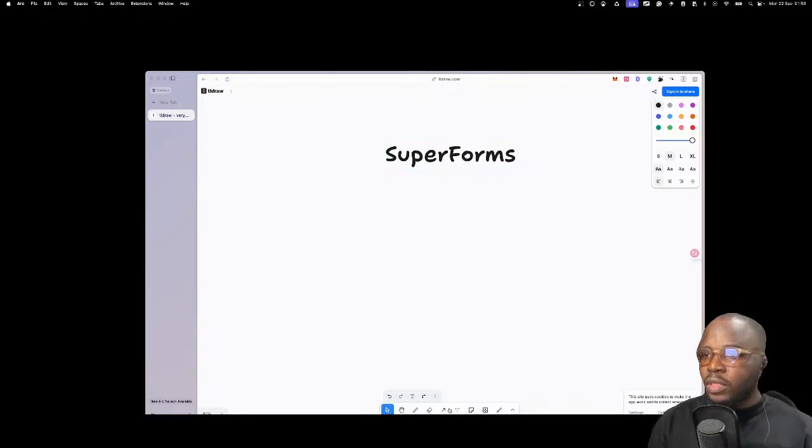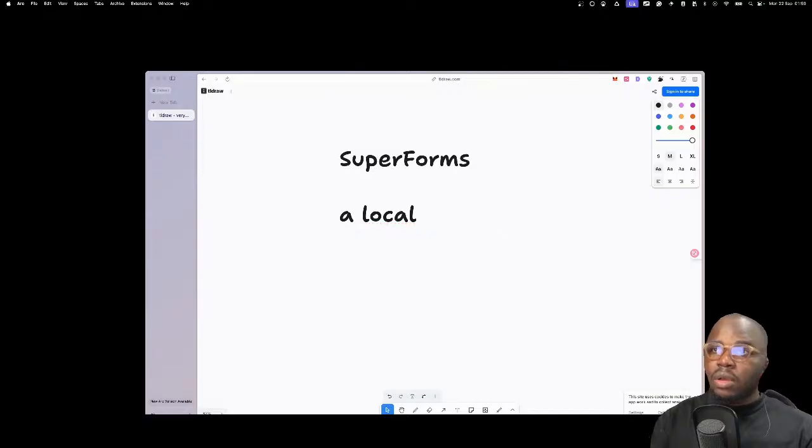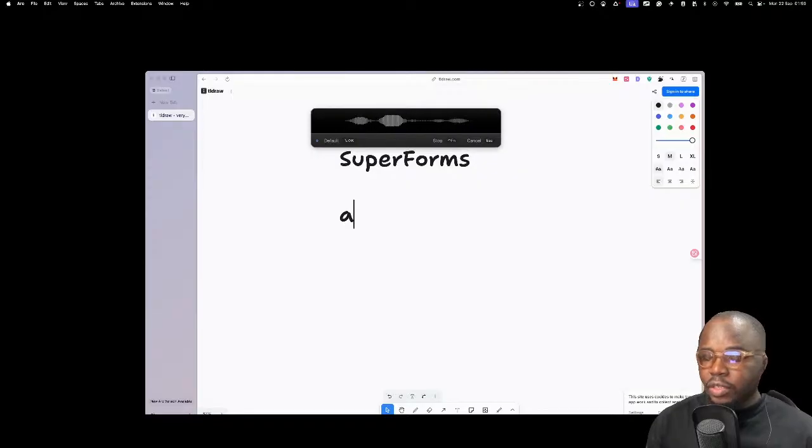We're going to call it super forms, and the idea is this will be a local DB, a local browser extension. Let me just write through my stuff. A browser extension that helps you fill forms faster by caching all your commonly used things you fill and also files, so you can easily upload to forms and files faster.